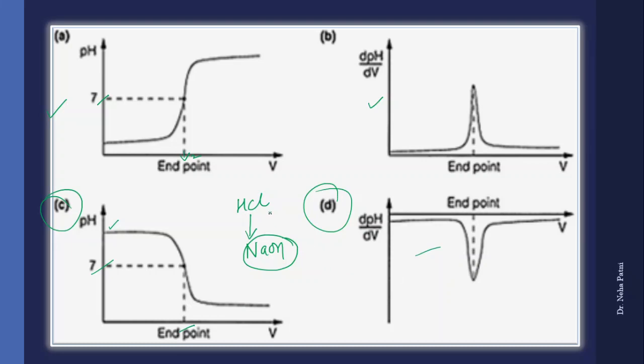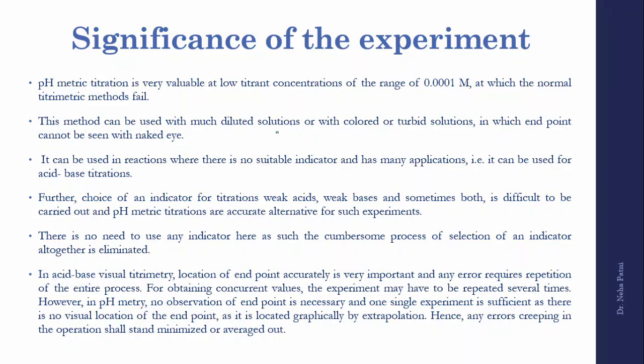So here is a plus point of this type of titration: you can take anything in the beaker, anything in the conical flask, because this is a very important titration wherein you can take much diluted solutions also. So you don't have to think about whether the solution is perfect for finding an indicator or not. If it is very diluted, colored or turbid, then also you can utilize this method, because in those cases the color change is a problem. Similarly, if there is very low titrant concentration, then also pH metric titration can be used.